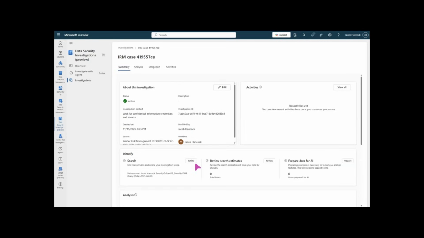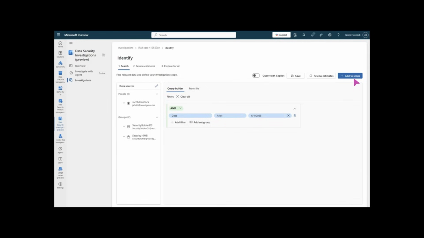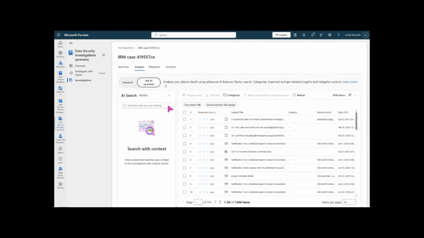You can see it gives me information of where the case came from. Similar to what I was saying earlier, I can refine that query if I wanted to, or in this case, because it's all hands on deck, it's an emergency, I'm not going to touch that data. I'm just going to commit all that data for analysis. So now again, we're back into DSI, except here, instead of starting with categorizations, I'm going to show you another way you can get an overall look of your data set very quickly.